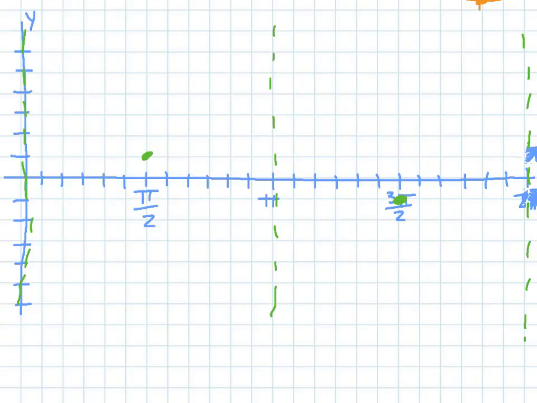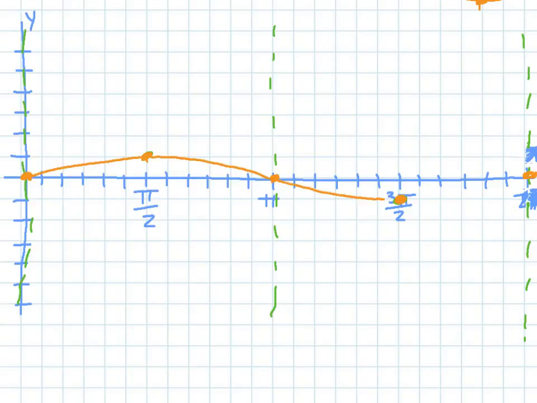But let's think about what the sine graph should be. Okay, so sine was 0, and I'm going to do these in orange, then 1, and then 0, and then negative 1, and then 0. Okay, so our sine graph